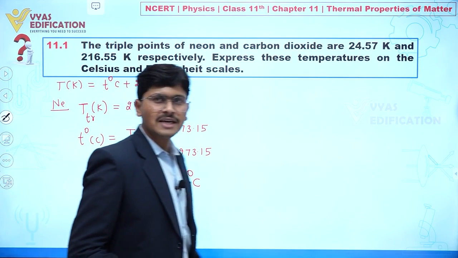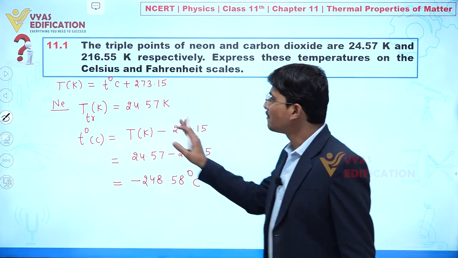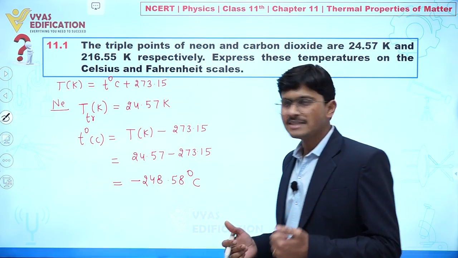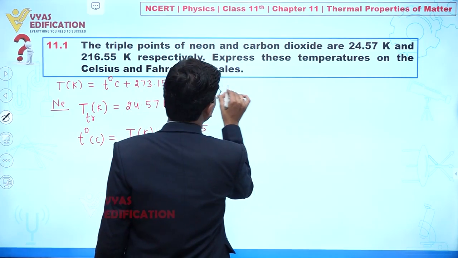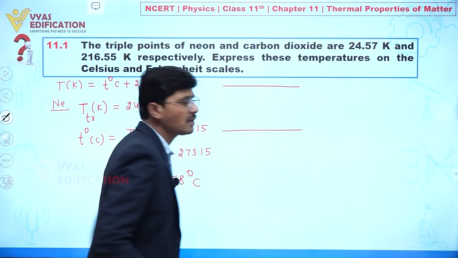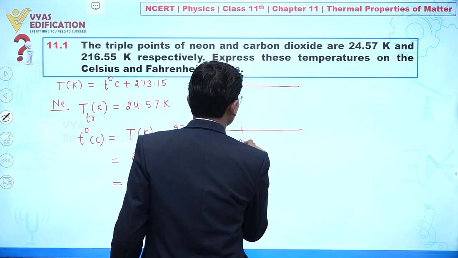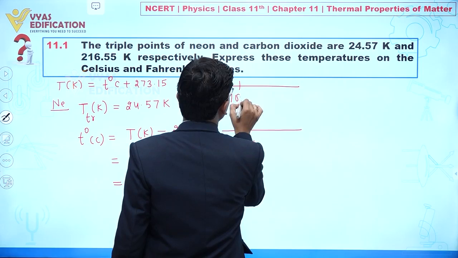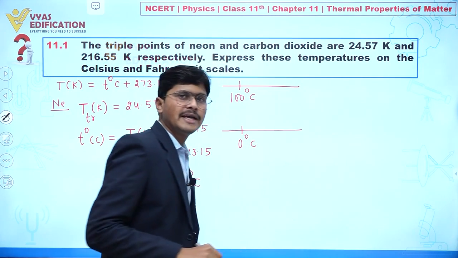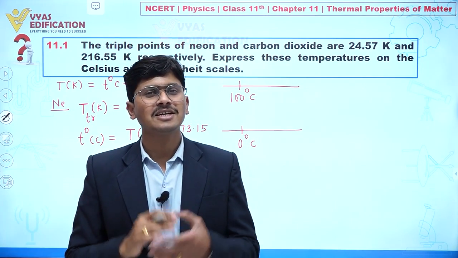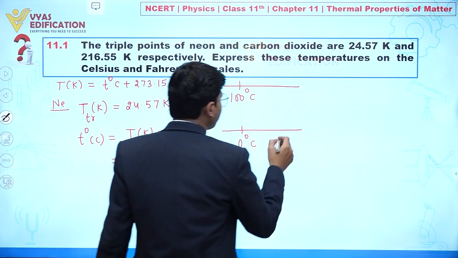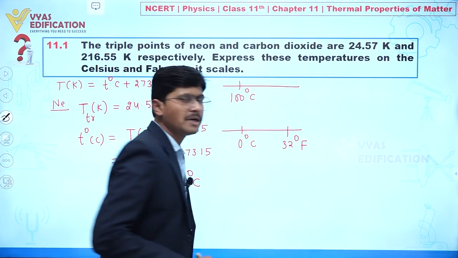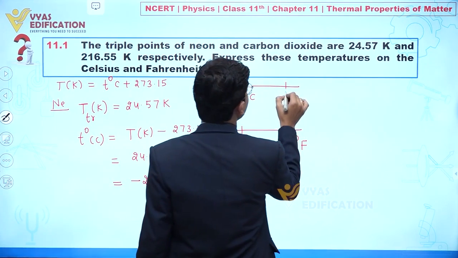Clear to everyone? Now can we convert this temperature into the Fahrenheit scale? Yes. So how can we convert it? Let's suppose this is 0 degree Celsius, the lower temperature, and for the upper temperature we have 100 degrees Celsius, in external conditions of 1 atmospheric pressure. Now if we are talking about the Fahrenheit scale, the lower limit we have is 32 degrees Fahrenheit,